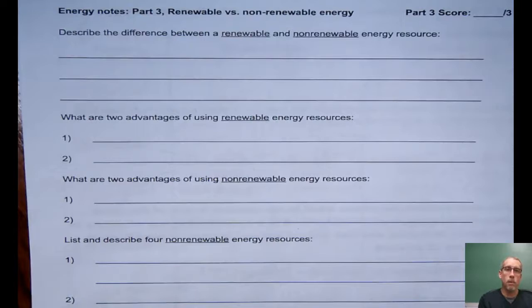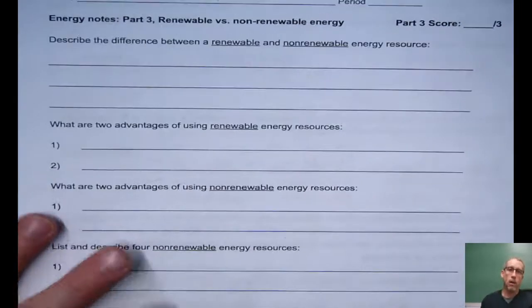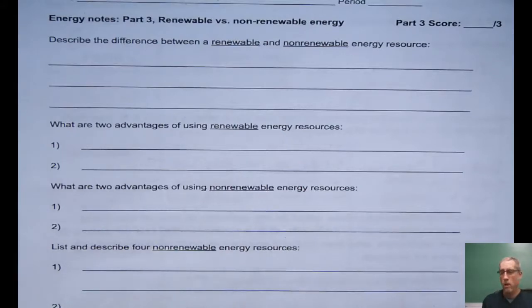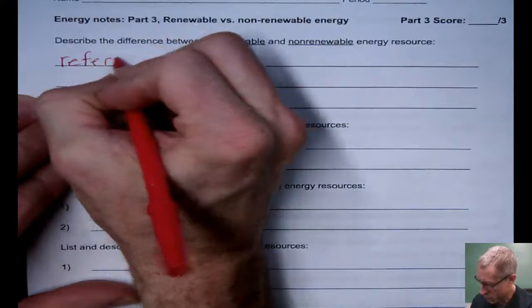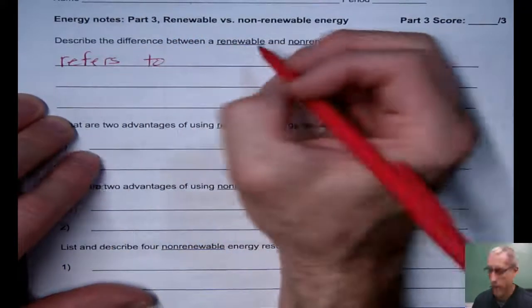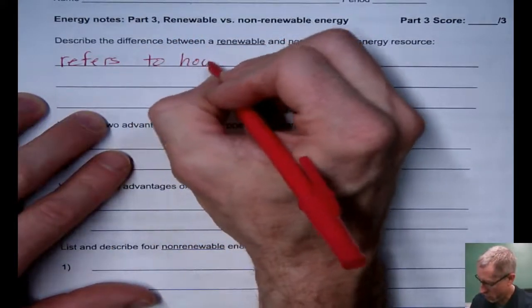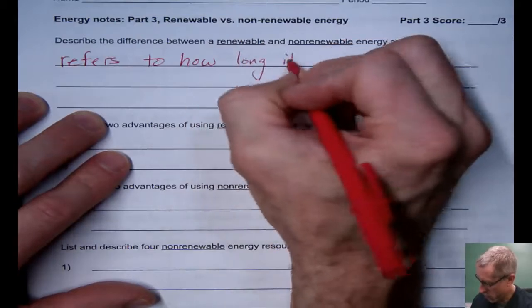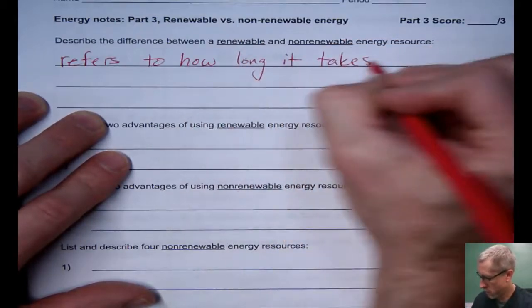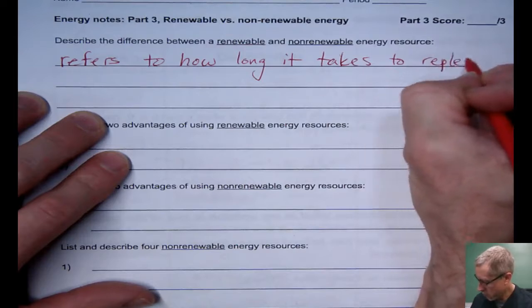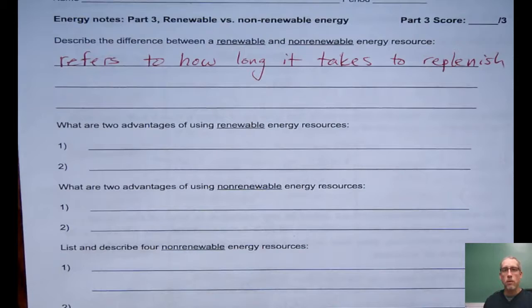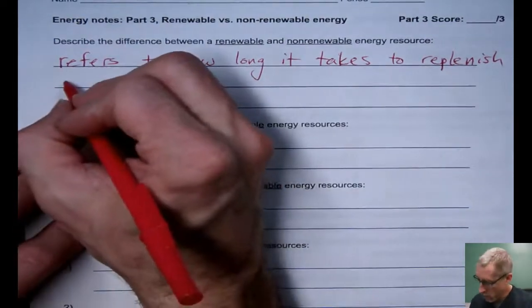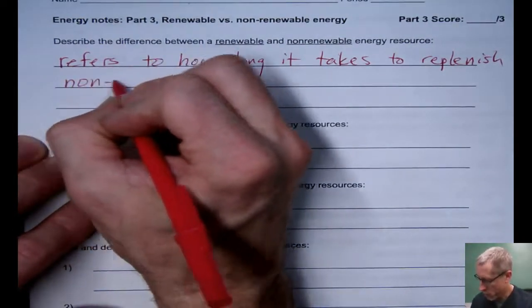So first, let's describe the difference between those two. And there's different ways to define this. So don't take this as like a dictionary definition, but just sort of a rule of thumb to use. So this refers to how long it takes to replenish. Okay, so if we want to categorize an energy source as either renewable or non-renewable, if we say it's non-renewable,